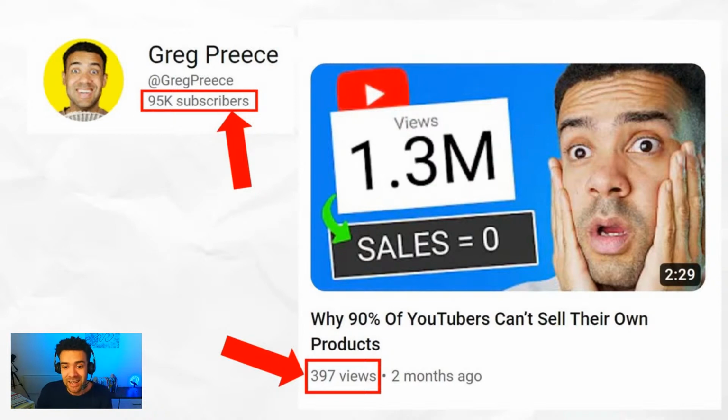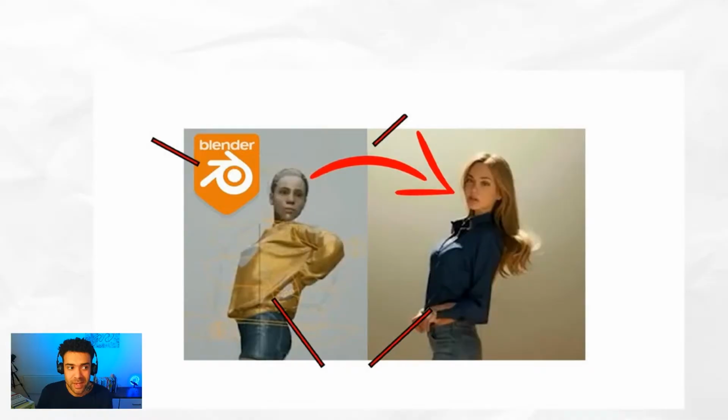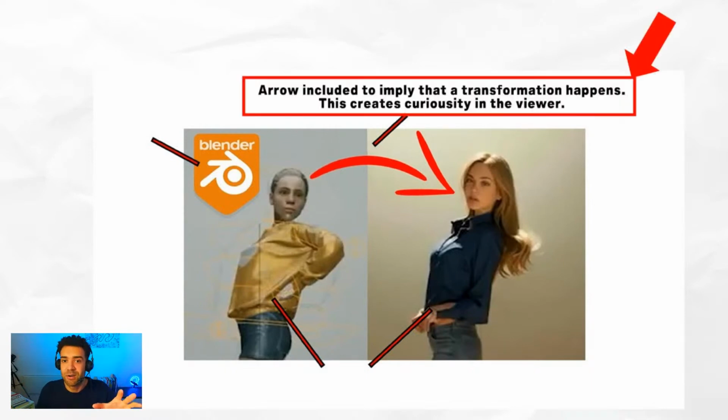It's clear that I need to figure out how to make thumbnails that get me more views, and I'm sure that you do too. And I realized recently when I saw a thumbnail like this that we can use thumbnails that get hundreds of thousands of views for small channels, reverse engineer them and use them for templates for our own channel. All you have to do if you wanted to use this thumbnail as a template, for example, is